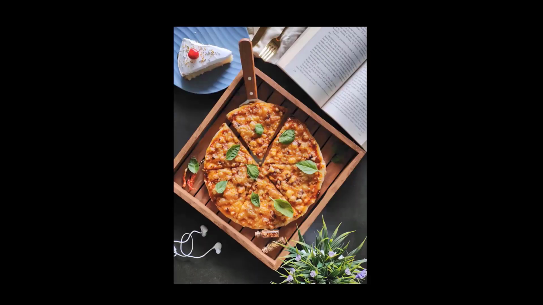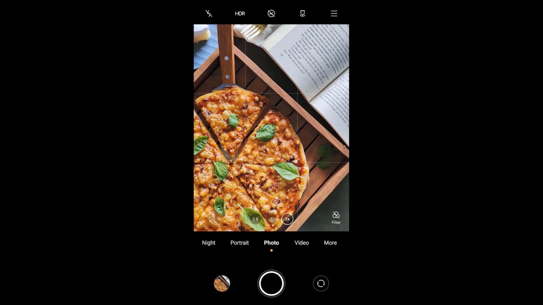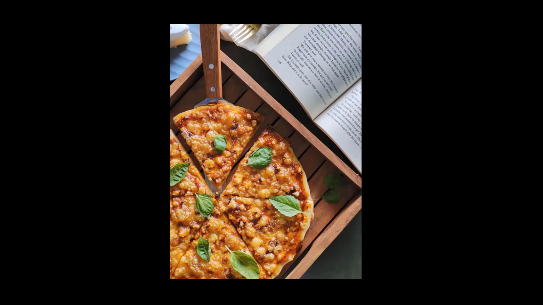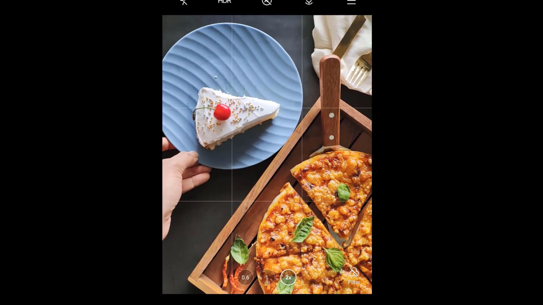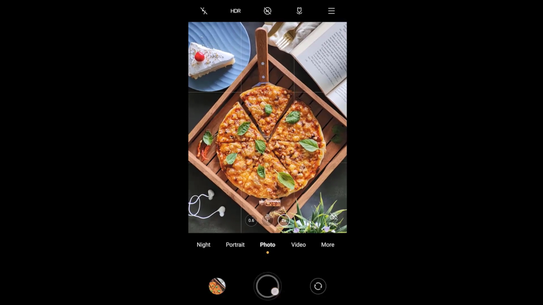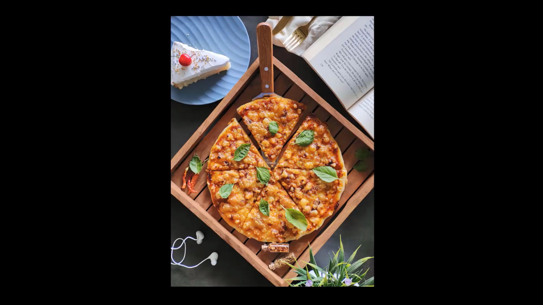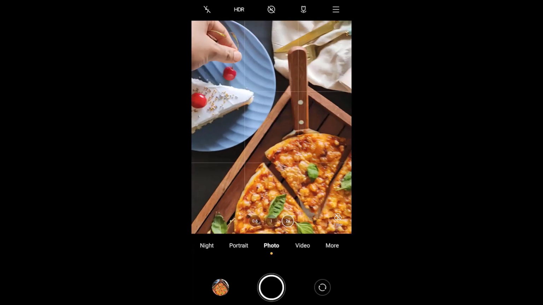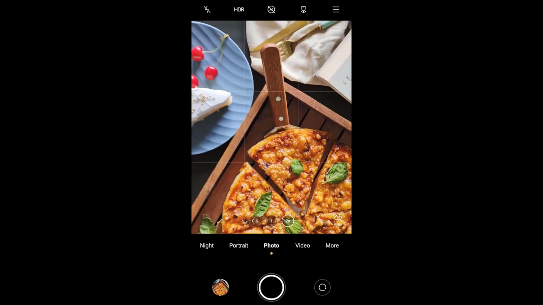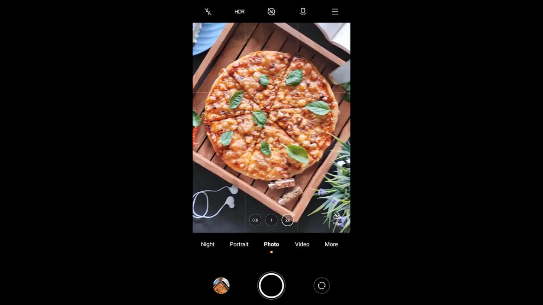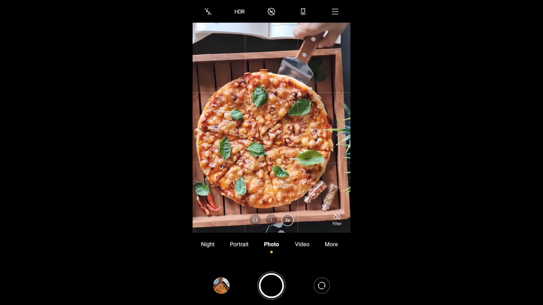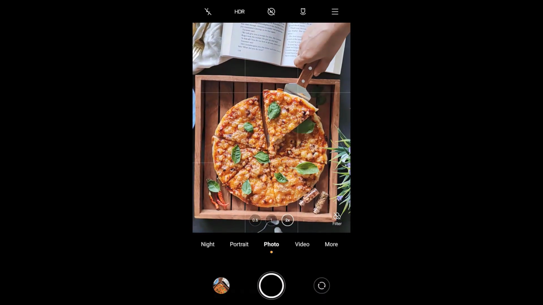This is how the raw photo will look like. Next, we will also change composition a little bit, framing a little bit, and click the photo. We will also bring the pastry plate down because there is some blank space there. We want to fill that. There is also blank space at the top of the plate, so we'll add some cherries there. Just to add some human touch, we will bring up one piece of the pizza with a pizza shovel and